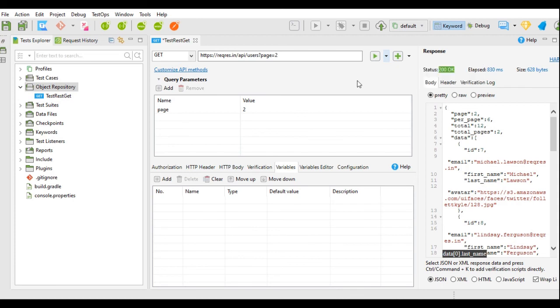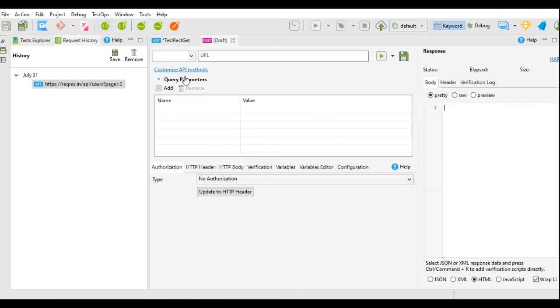Actually, you can form a test case having the different test steps of these different requests and execute that test case.